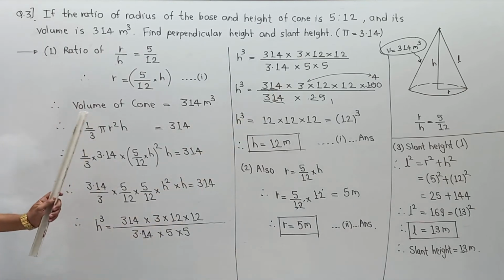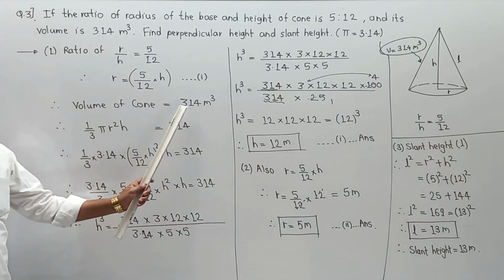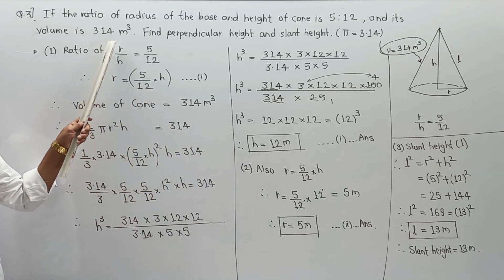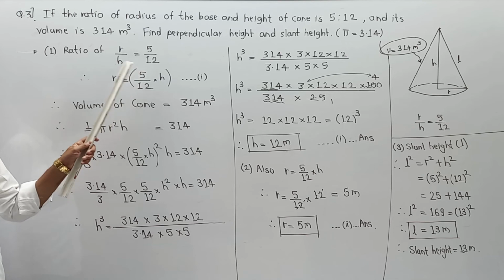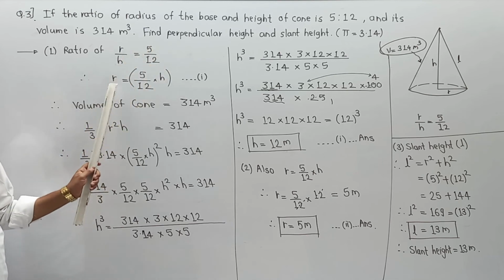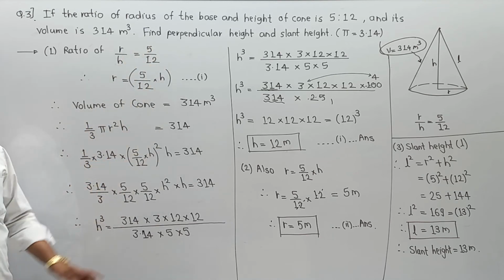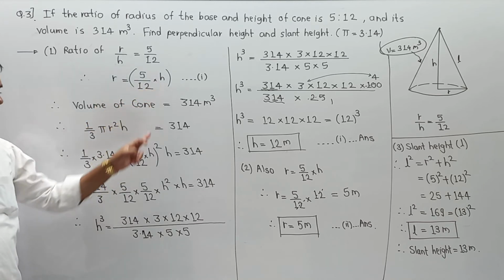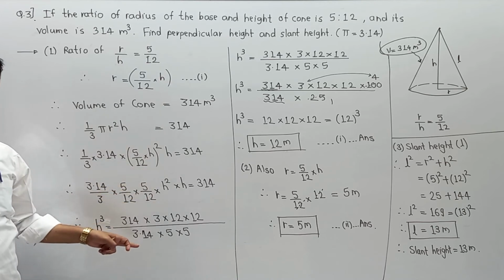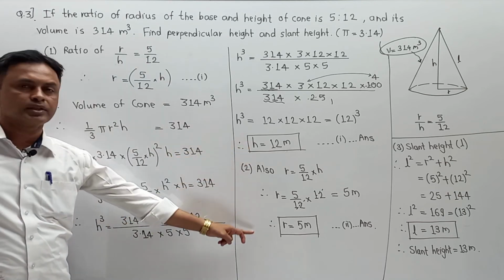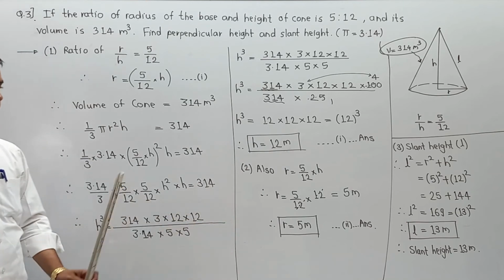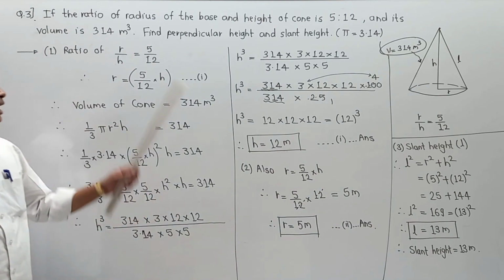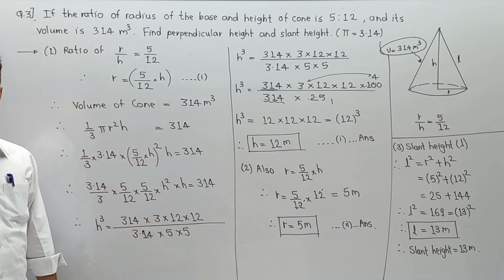According to this numerical, first of all you have to make a comparison of volume, that is 314 cubic meter, in terms of ratio of R and H. They have given R upon H is 5 upon 12. So we have shifted this H divided by over here so that we can get the relation of R. Why? The reason behind is that our ultimate target is not a radius, but our ultimate target is first height. So we are able to get H. After H, naturally we have calculated with the relation R, that is a radius. And after vertical height H and radius R, we also calculated slant height. And in this way, you can complete the entire numerical.